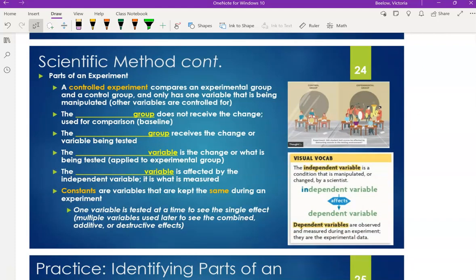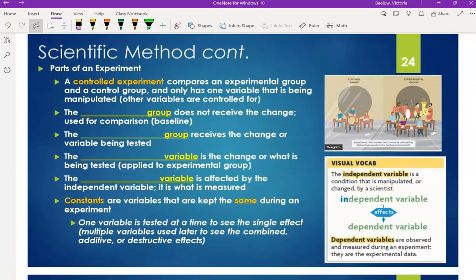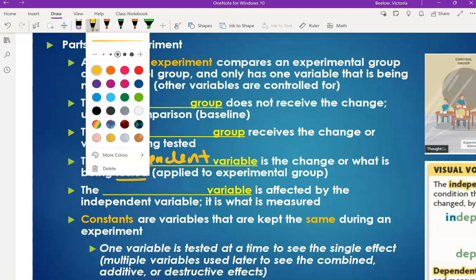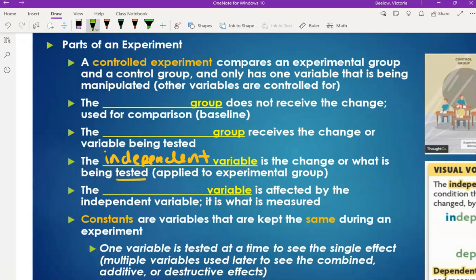All right, so now you have your hypothesis. Now you have to carry out an experiment. So there's a couple different parts to an experiment, okay? So I'm actually going to start with what it is you are testing, okay? So you're testing sunlight. You're testing how much you're studying or doing your homework. That would be your independent variable. That is the thing that is being tested, okay? So yeah, maybe you're testing sunlight, you're testing how much you're studying. That is the thing that will get